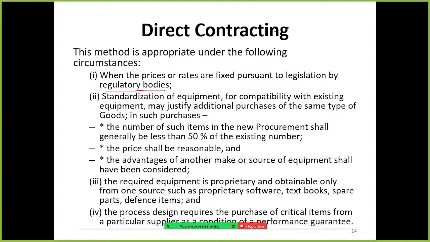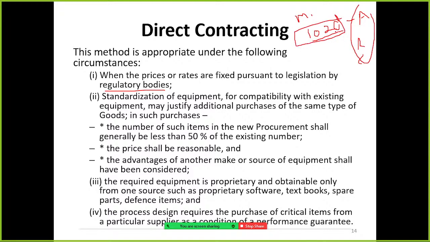For example, milk powder, 1020. If you purchase from supplier A, they can supply at this cost, B at this value, C at this value. So regardless of the supplier, the price is the same.